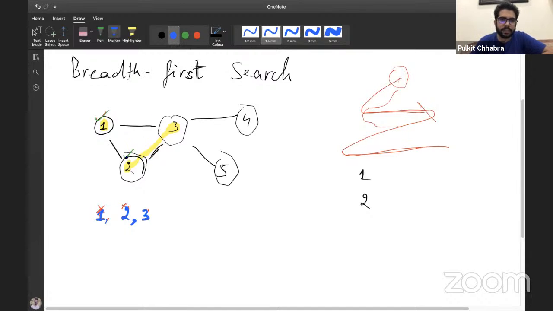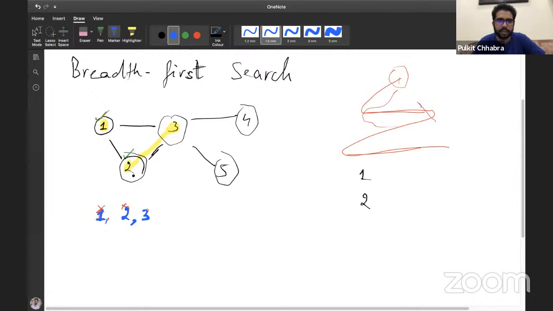So then we have visited 2, and as soon as we visited 2, we know that at a particular point, when I am at 2, which is a direct neighbor of 1, all the other direct neighbors have already been added to the data structure, because we can see that 3 has already been added. But now, after having visited the neighbors of 1, I also have to visit the neighbors of 2, right?